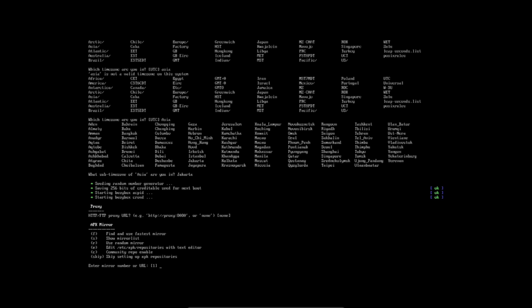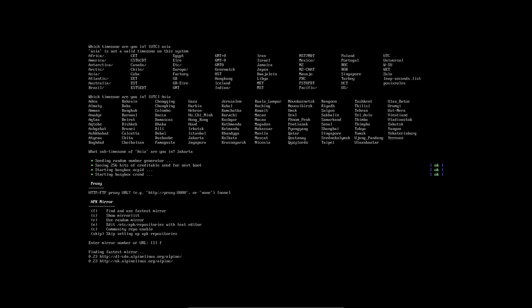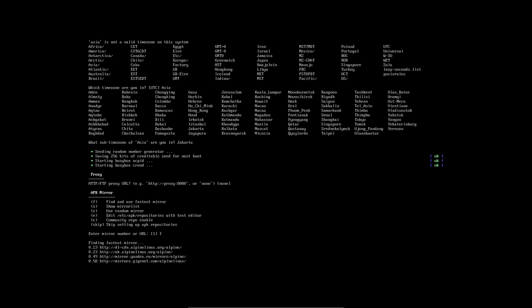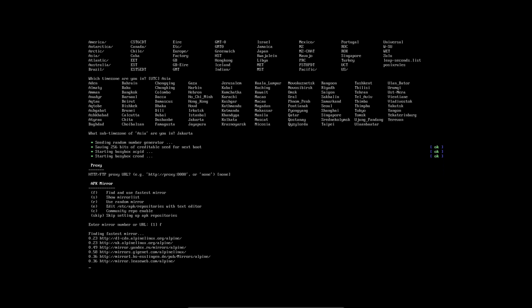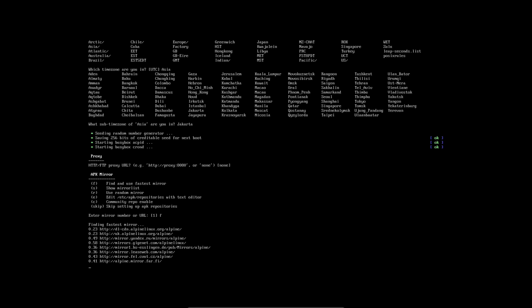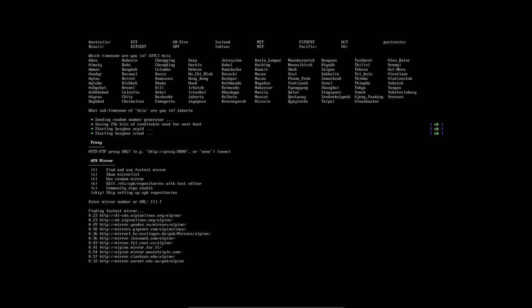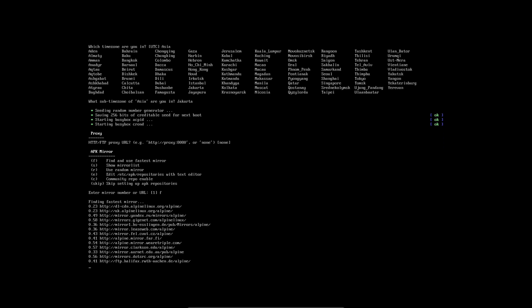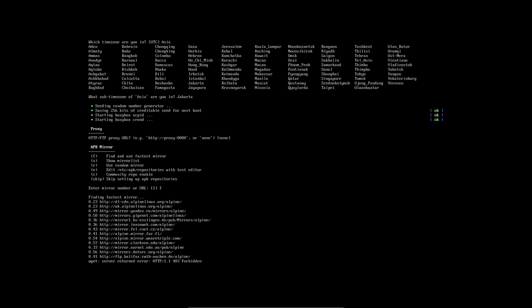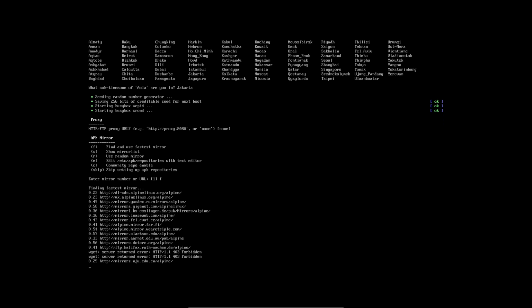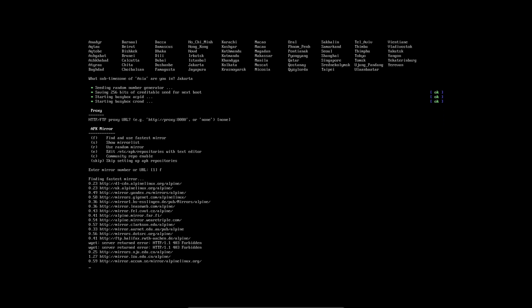If you want to look for the fastest mirror, you can press F, but if you want to use a random mirror, you can press R. For me, I want to use the fast mirror to download, so I press F.